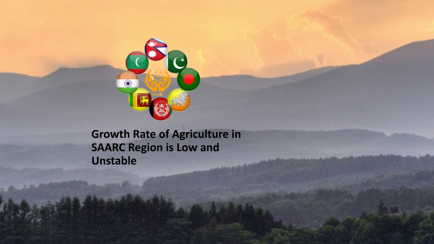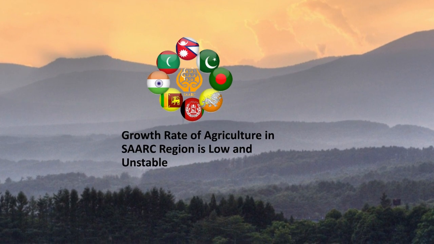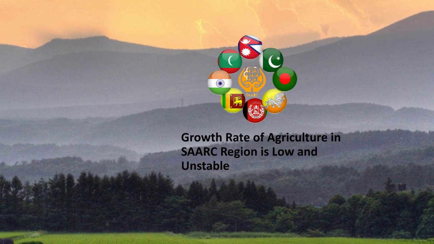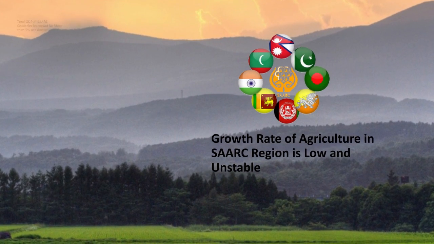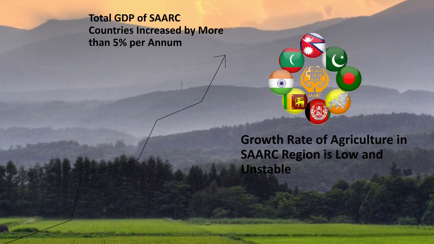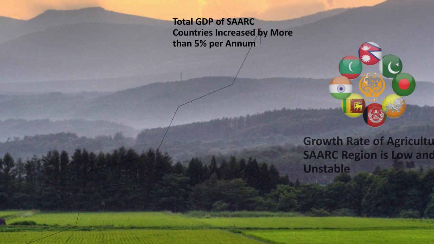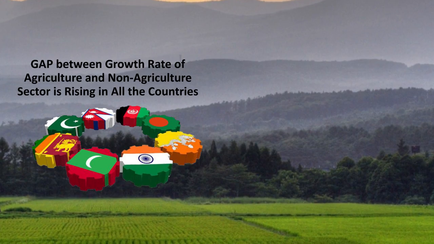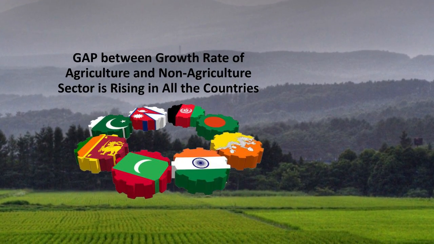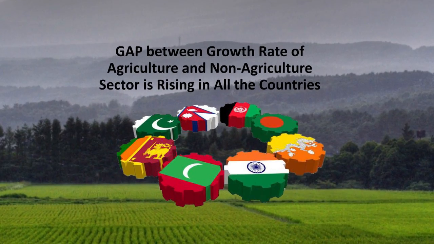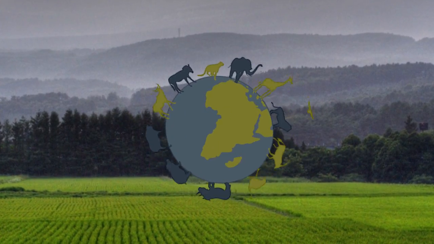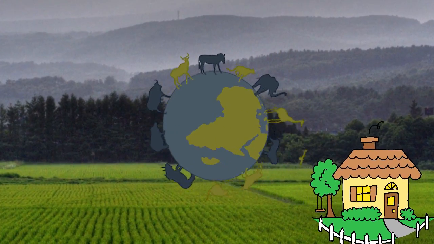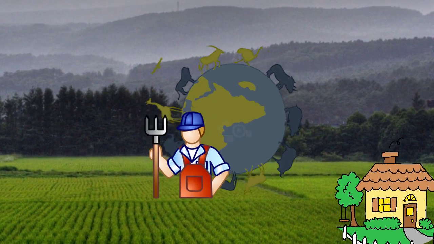Growth rate of agriculture in the SAARC region is low and unstable, whereas total GDP in most member states has shown high growth in the recent past. Total GDP of other SAARC countries increased by more than 5% per annum over the first 6 years of the present decade. The gap between the growth rate of agriculture and the non-agriculture sector is rising in all the countries. Agriculture engages a large majority of small and marginal farming households and retains its centrality in terms of employment and